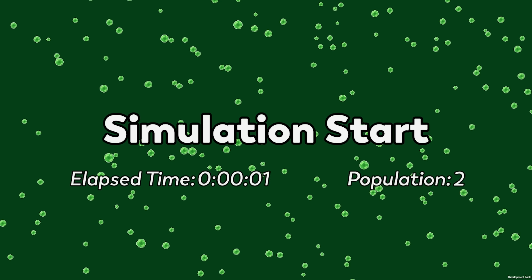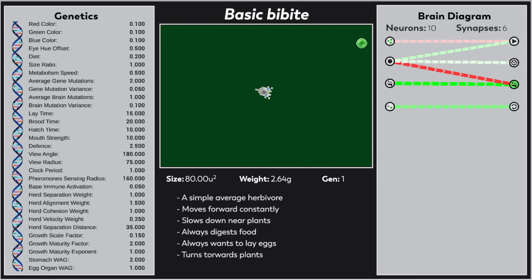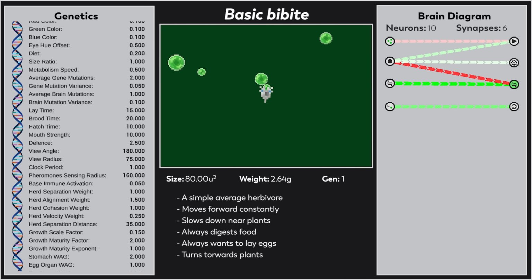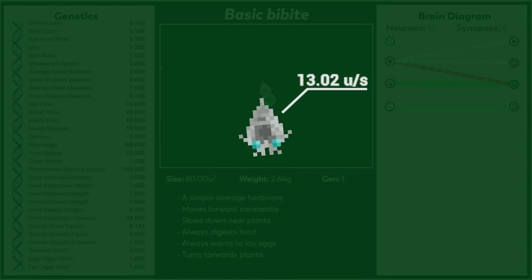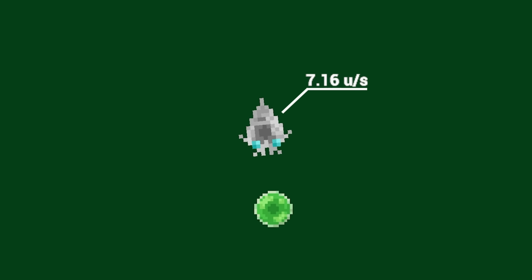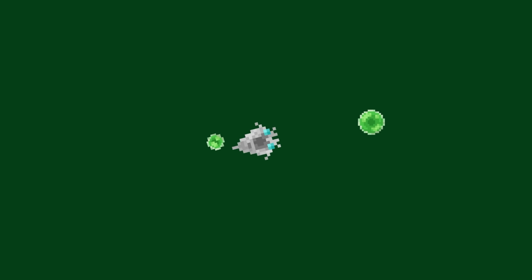Starting the simulation, the basic Bibites easily colonize the westmost, denser zone. They have very basic brains and their genes are nothing special to write home about. They are attracted to plant food and will slow down when close to pellets. However, they are not particularly efficient and are not able to survive in the eastern regions, as they run out of energy too quickly looking for food pellets that are further apart.